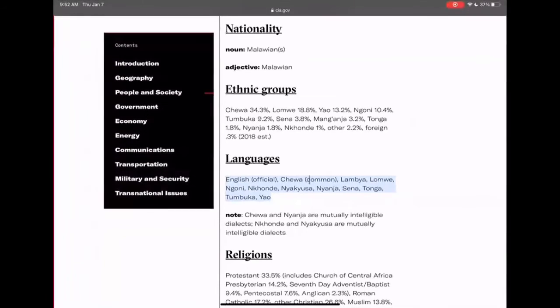And then I need to find a high quality image that goes with this. I'm gonna focus on Chichewa. Okay, because that's the most common language in Malawi, right?